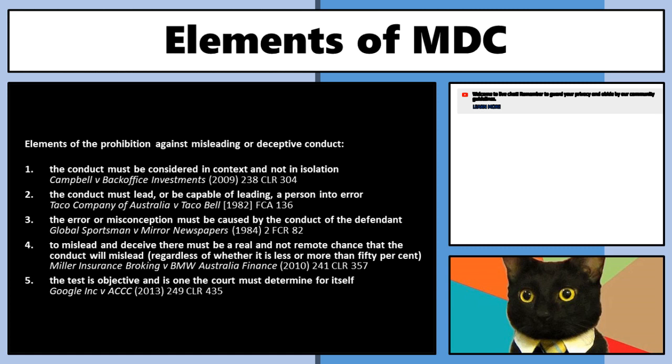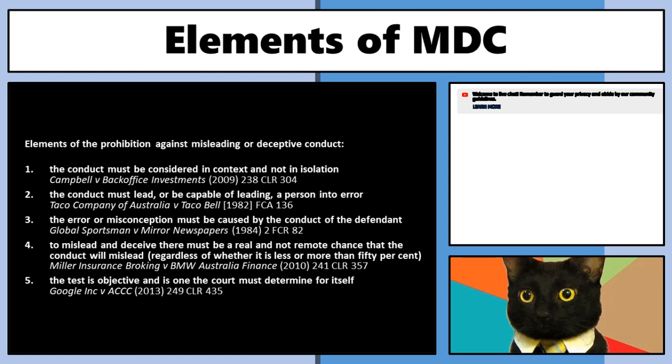All right, so there has to be some form of conduct. So the side that's bringing the action, the other side has to have done something. And that is very broad in scope. It's intentionally left to be very broad. But the second one is that rather than actually being material to induce someone into a contract, it's a far lower bar than that. It has to either lead or be capable of leading a person into error. And that person is not even strictly speaking the party that you're engaging in contract with. It could be customers. And that is why this has got so much more scope than common law misrepresentation.